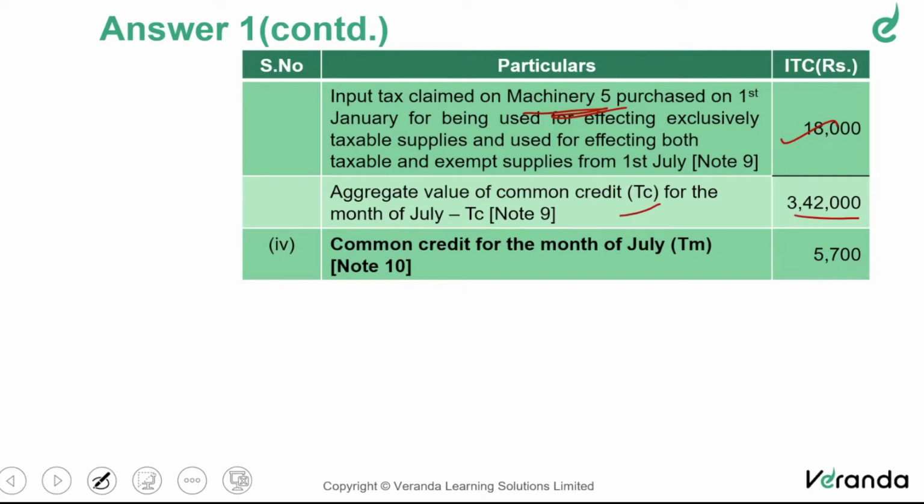I don't think I need to add up. I guess it is correct. Now, from that TM, very simple, this is divided by 60. If you have calculated, I guess it is correct. Quick maths, yeah. So 5,700. If you want, just check it out. It's correct. So TM is monthly credit. Therefore, TC by 60 is TM.